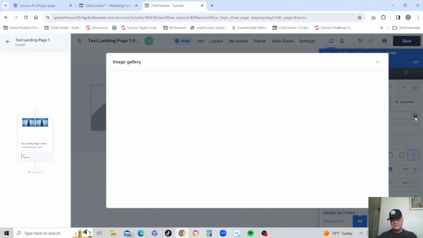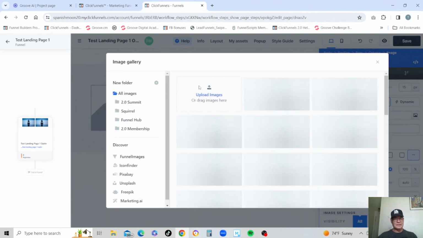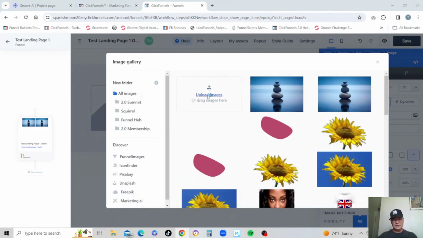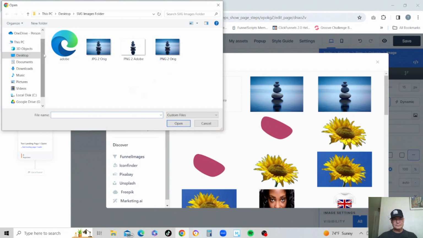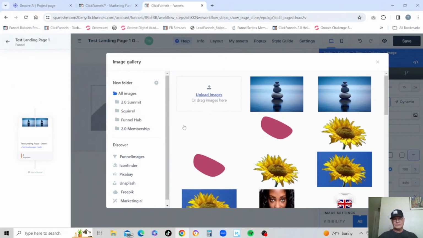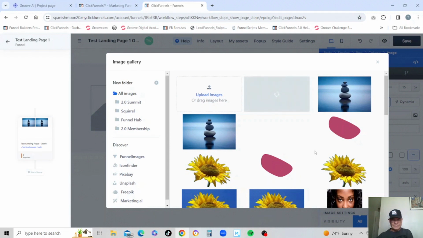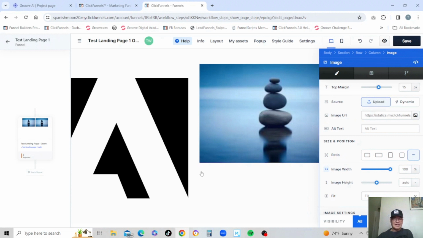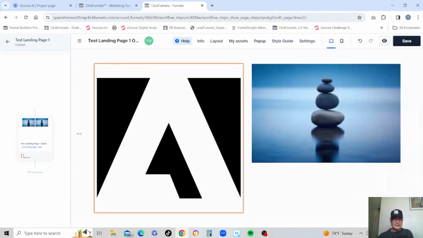Then we will bring up our image gallery and load up our SVG. You see it took a little while for it to process all that HTML code, but it did get there. And we click on that, and boom,